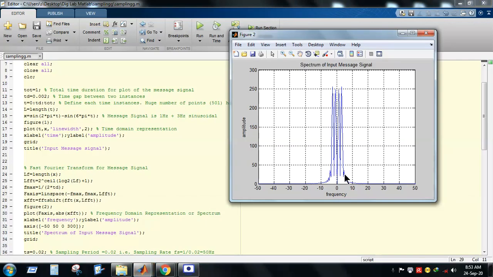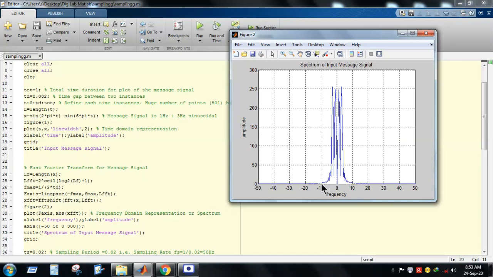That means you can see that its Fourier spectrum continuously extends up to infinity, although the values are almost zero, but there is some kind of value. Here it is also interesting to find that the maximum spectrum will remain between minus 10 and 10 hertz for this particular signal x.